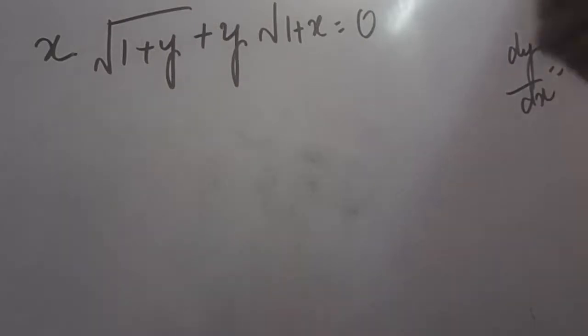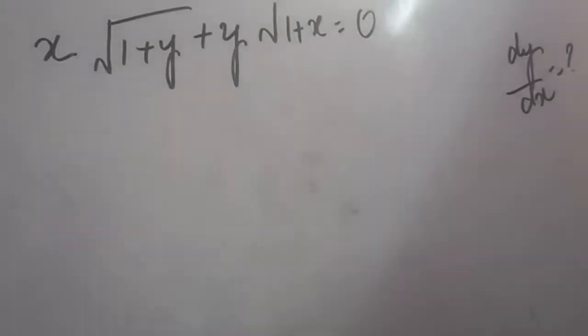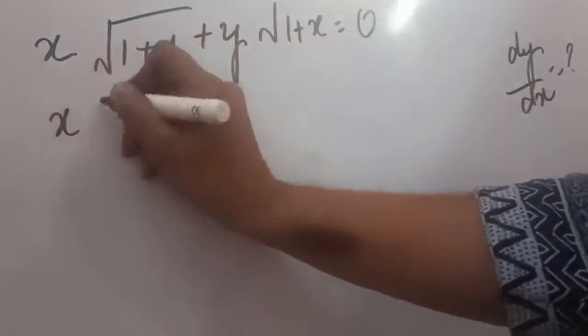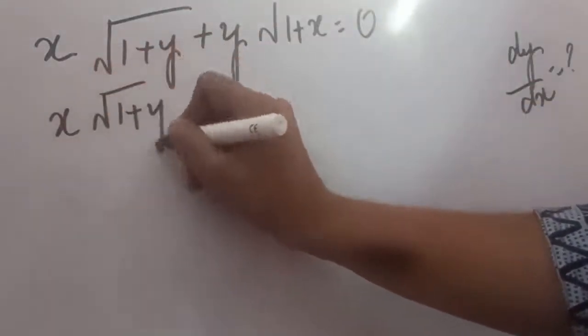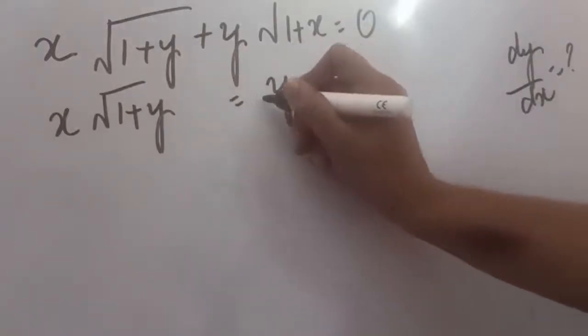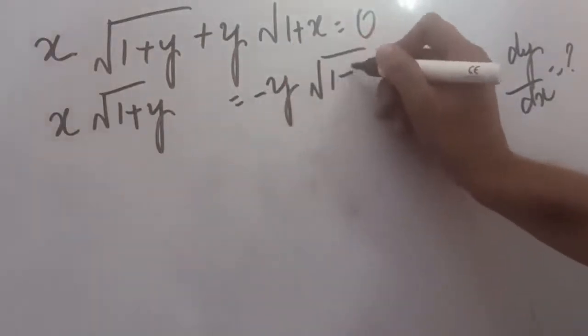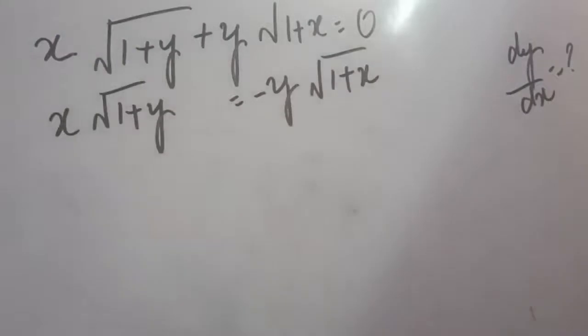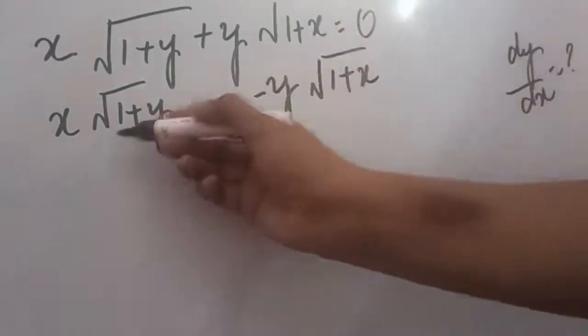Now, to ease down the calculations a little, what we can do is take a part of the question on the right hand side also. If we keep this on the left hand side, it is equal to y into 1 plus x. We can do it because on the right hand side it was only 0. So for further ease, we can square both the sides.